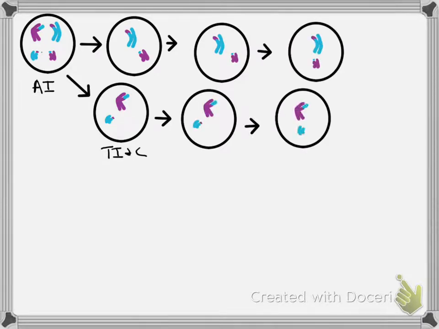Okay? But now, at the end of telophase 1, we're no longer diploid because we don't have a long purple one and a long blue one. We've only got a long blue one and a short purple. Right? So now we're haploid. We don't have both parents represented for any given chromosome. Yeah, there's a long blue and a short purple, but it has to be both parents represented for the same chromosome. All right, so we go through prophase 2, then we go into metaphase 2 where the chromosomes line up,